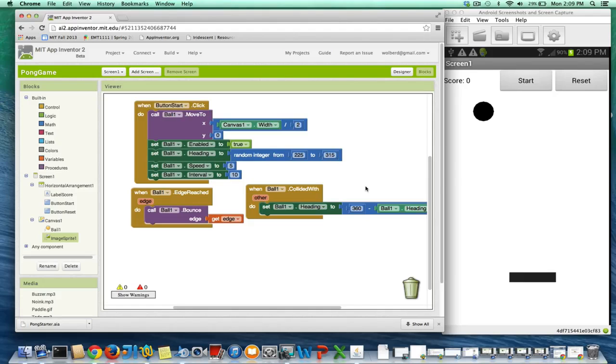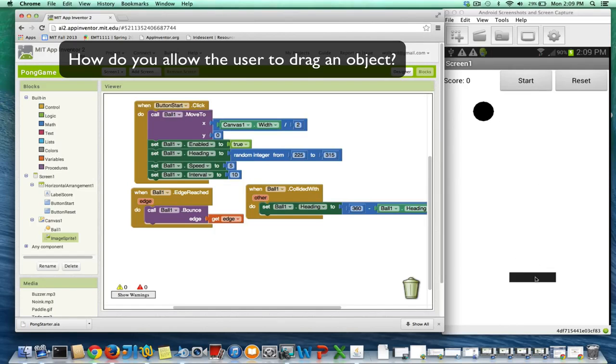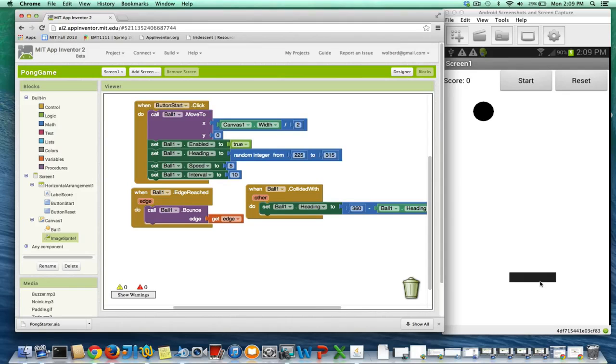I'm showing you the Pong game. Okay, and we've got it where the ball can hit edges and bounce and hit the paddle and bounce. We need to let the user move the paddle with their finger, at least to start. Okay, and in general, I want to show you how to move a sprite with the dragged